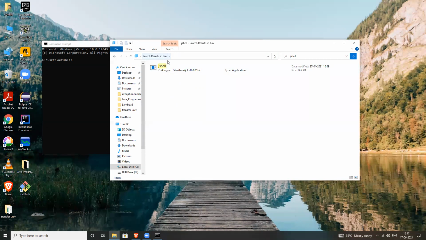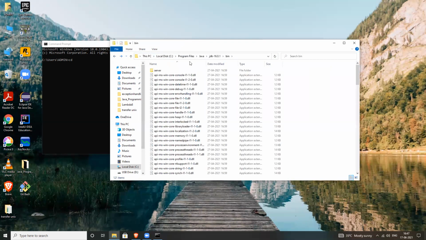Copy the whole path. Okay, wait. So until bin only. Yes, you need to copy till bin.